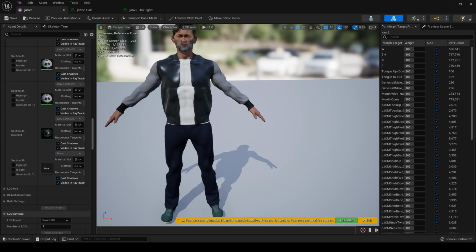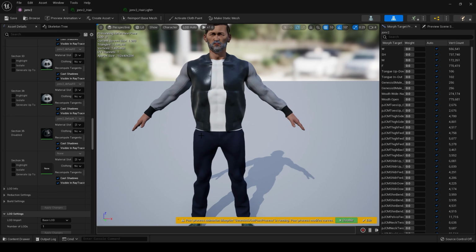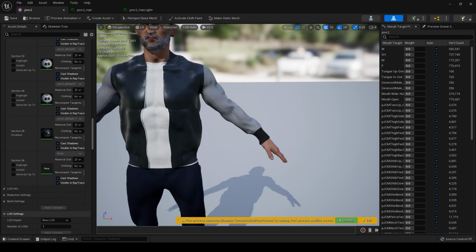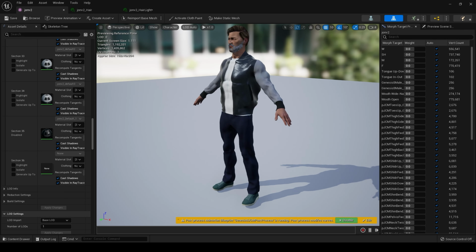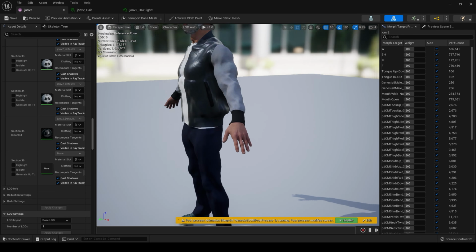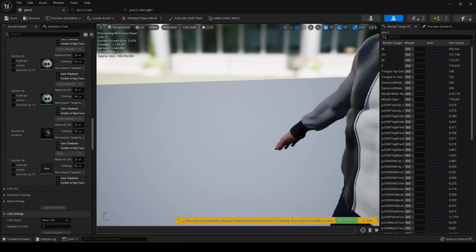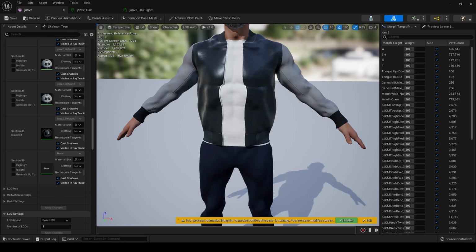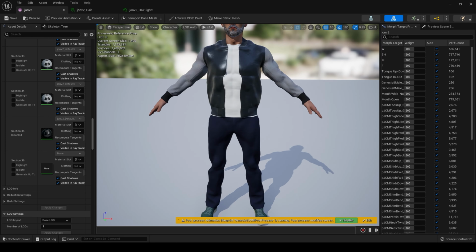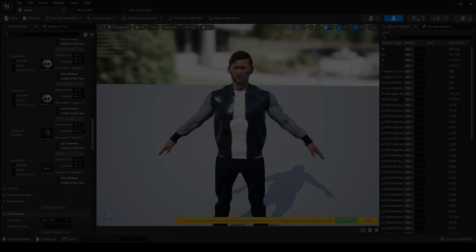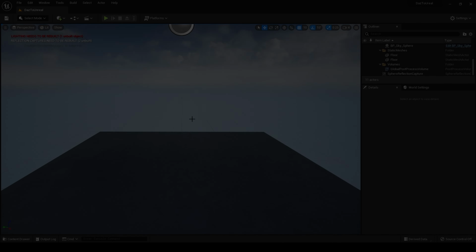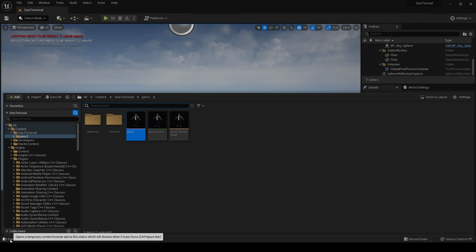how the new IKRig stuff works. You'll also notice that this is not in the correct pose. I'm sure there's documentation that tells you how to do it, but that is going to create some problems further down the line, I think. But we'll proceed anyway. Right, so what we're going to do is,